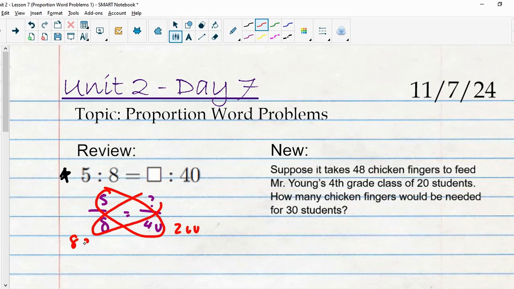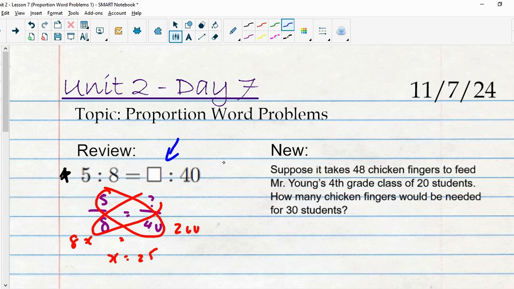8 times what gives us 200? Okay, and feel free to use your calculator. So I'm going to divide 200 by 8, right? Is that right? By 8, right? That would be, yeah, 25, right? Nothing new there. Now, today, what we're going to do then, all right, is look at this topic, but